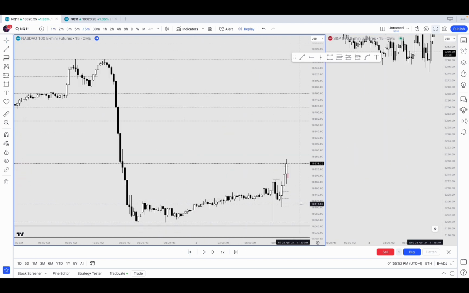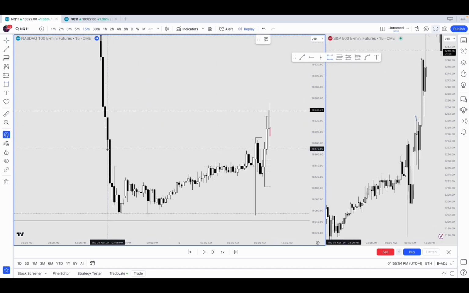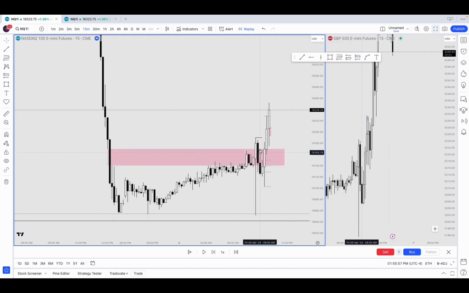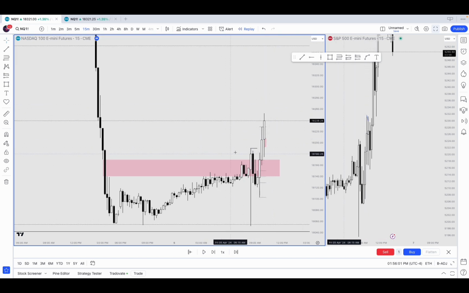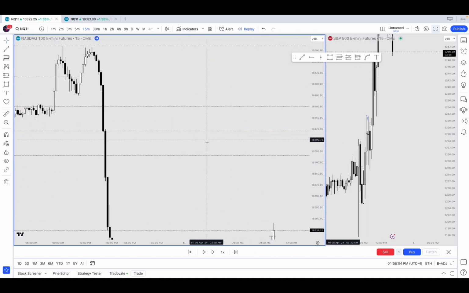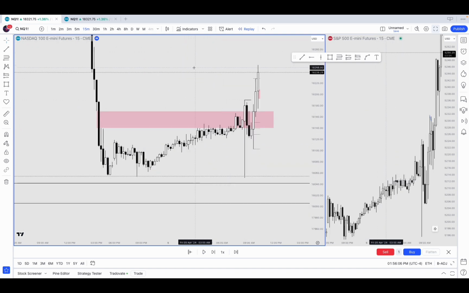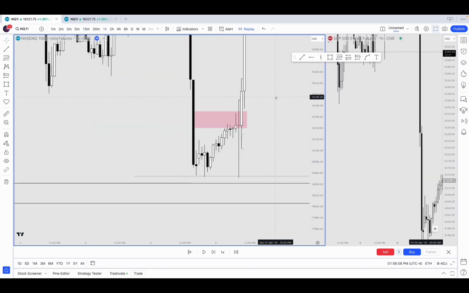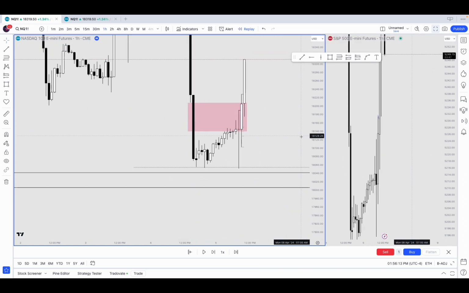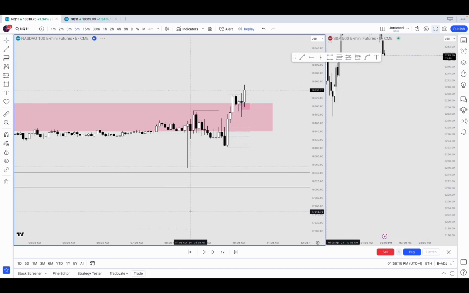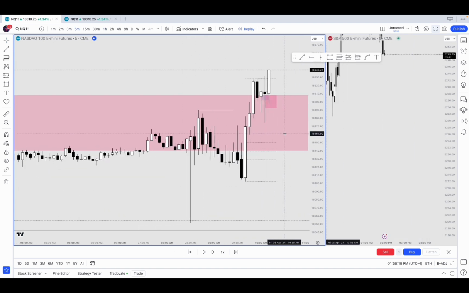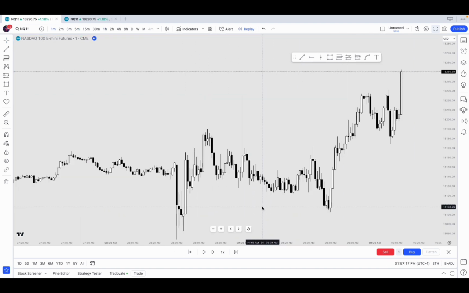I found out that we inversed this 15-minute fair value gap here, so you're not really supposed to be taking an entry here because we inversed it, so likely price will go up somewhere and rebound off this OTE or go to this OTE. Also on the 1 hour, it inversed this fair value gap, so I wasn't really supposed to take a trade there, but it is what it is, you know. Anyway, it's Friday today, so I won't be taking any more trades.